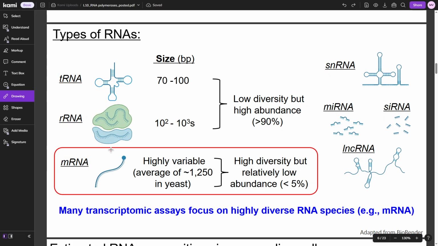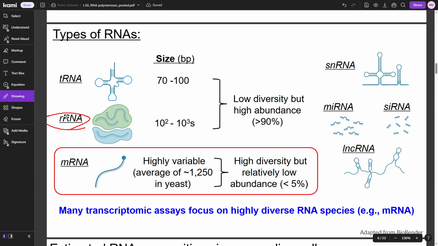These three. And the one specifically that we're going to talk about for transcription, and then especially translation in the future, is mRNAs. So what you should know from this is, first of all, the type of RNA with the highest abundance is actually rRNA. rRNA is massive. It takes up so much of the total RNA content of a transcriptome, and that's just because you have millions of ribosomes, right?